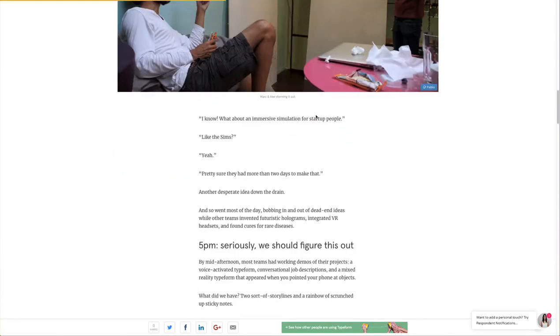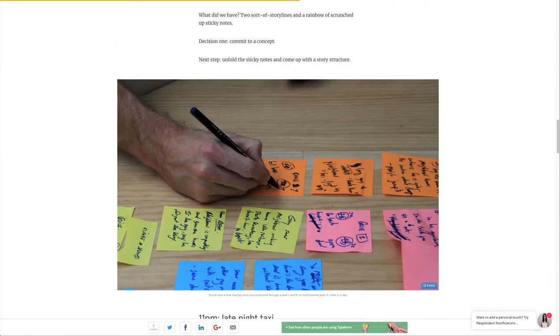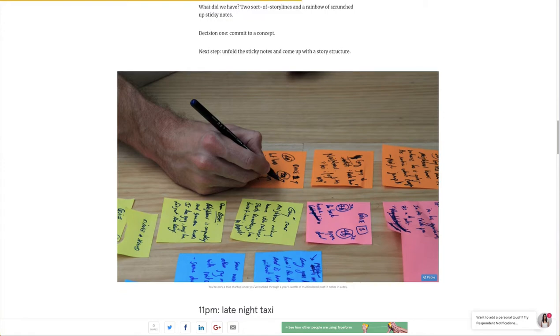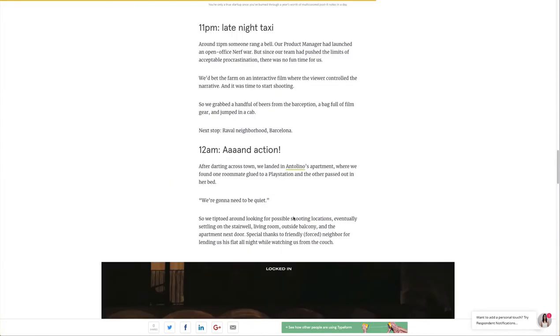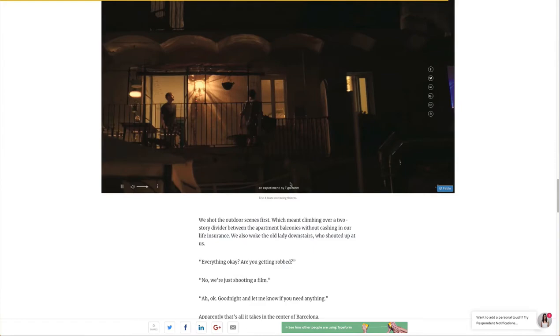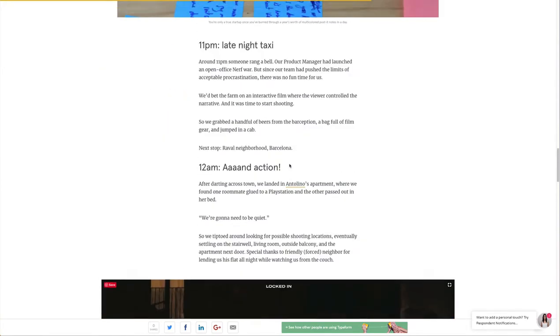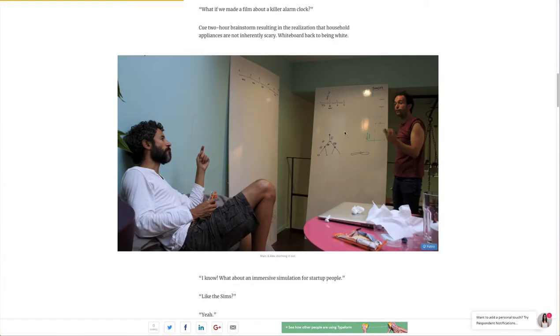So what's really cool here is that they worked on stickies, which is a great place to do your brainstorming, and that's how I do a lot of my planning. You don't want to do it in the software. Like these guys are software developers and they still use stickies to actually do all of their planning, especially for the video recording, because you want to organize that fairly well, right? And so that's great. I love this approach. I love what they created, but we want to stay away from things like this.